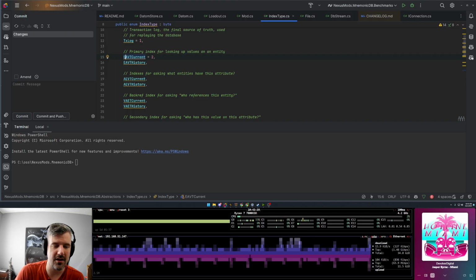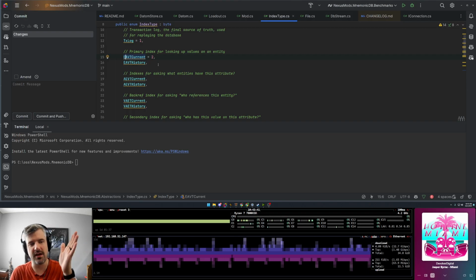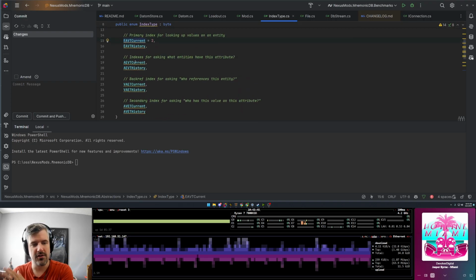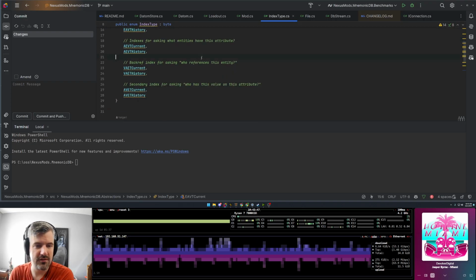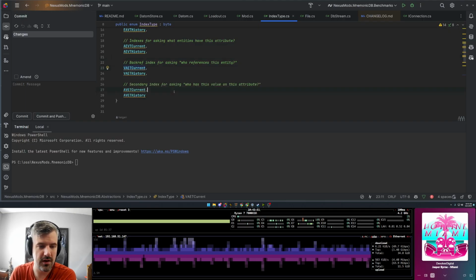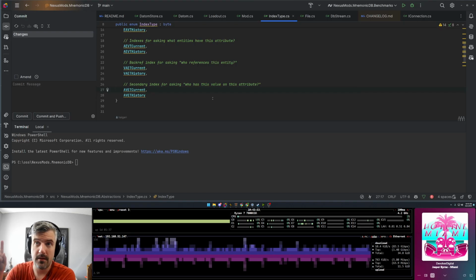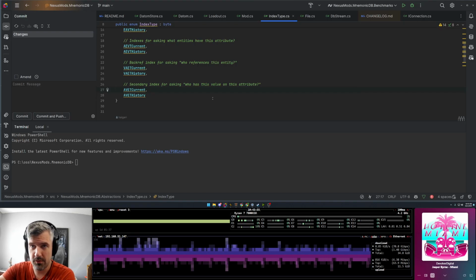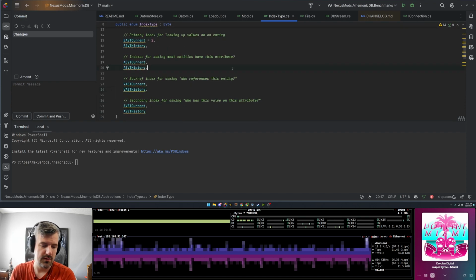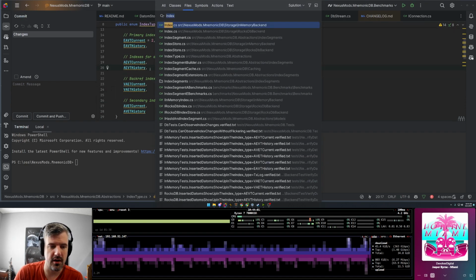So the EAVT is entity, attribute, value, time. Attribute, entity, value, time for this one. If it's a back reference, we index the value first, and so forth. And then the is indexed marker, if we put that on the attribute, then it ends up in this index as well. And what that allows us to do then is,